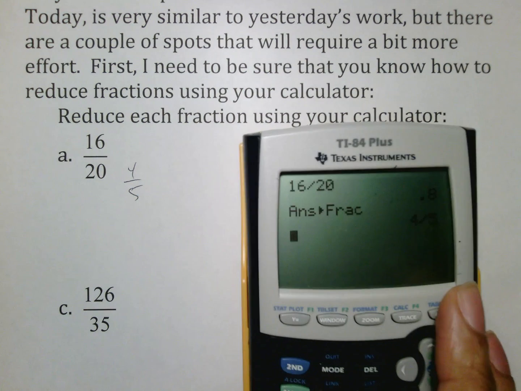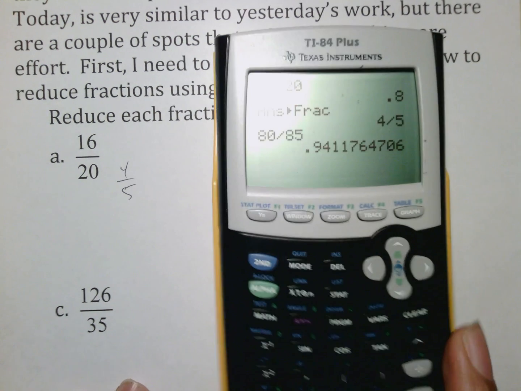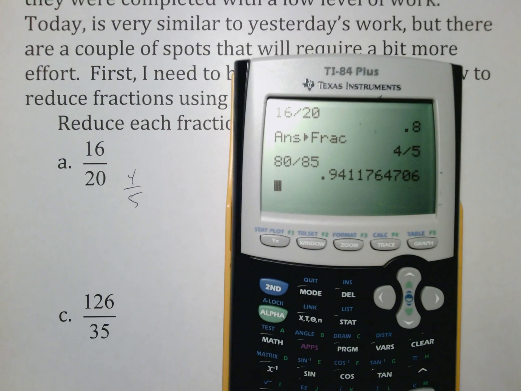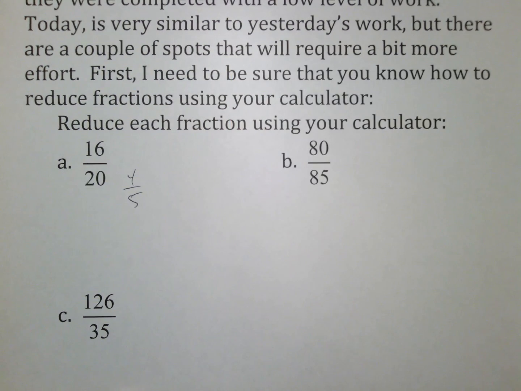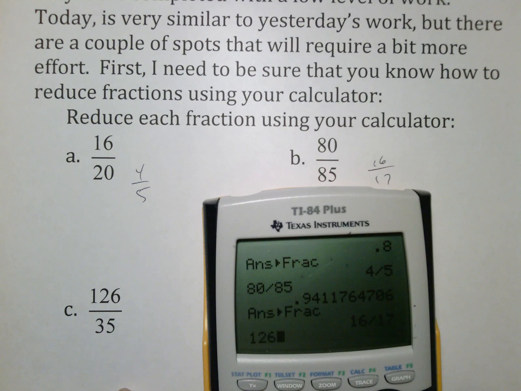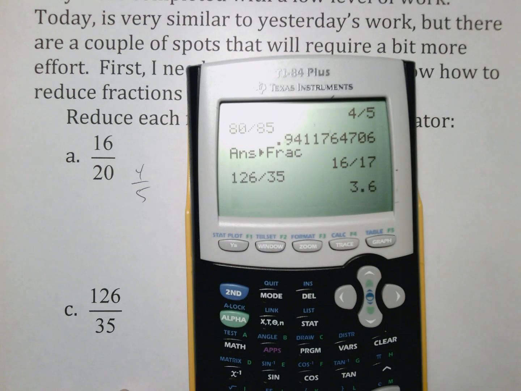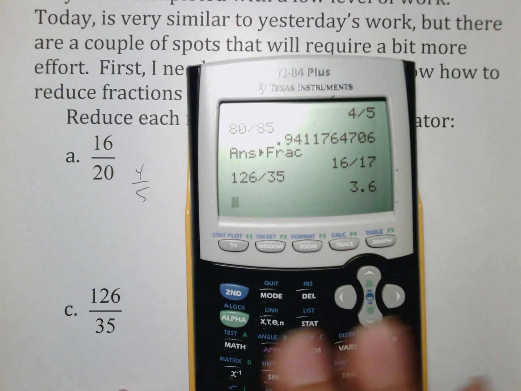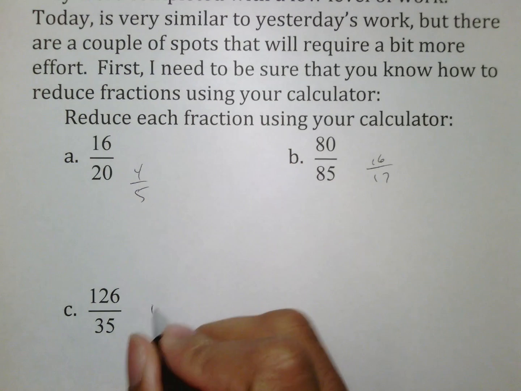B, 80 over 85. Again, all you have to do is type in 80 divided by 85. Hit enter to get it into a decimal. And again, if you want to turn a decimal into a fraction, the way I say it is math, enter, enter. And you see that the actual answer is 16 over 17. Same thing for 126 over 35. You type in 126 divided by 35, get a decimal answer, which is 3.6. If you want to turn that into a fraction, you hit math, enter, enter, which gives us 18 over 5